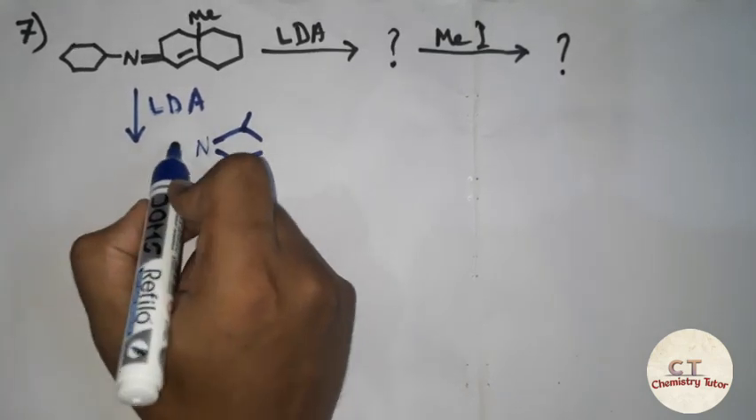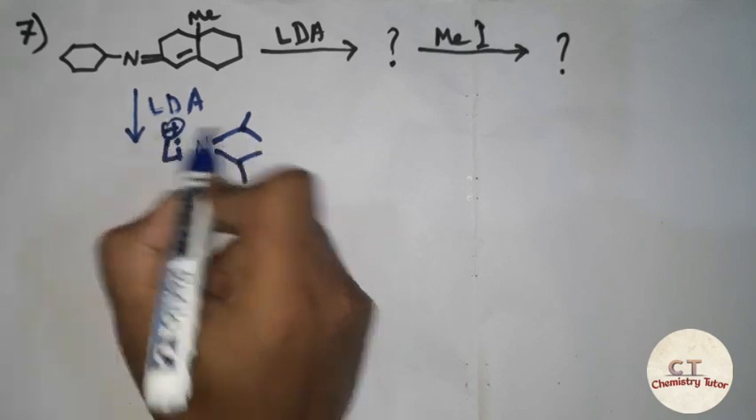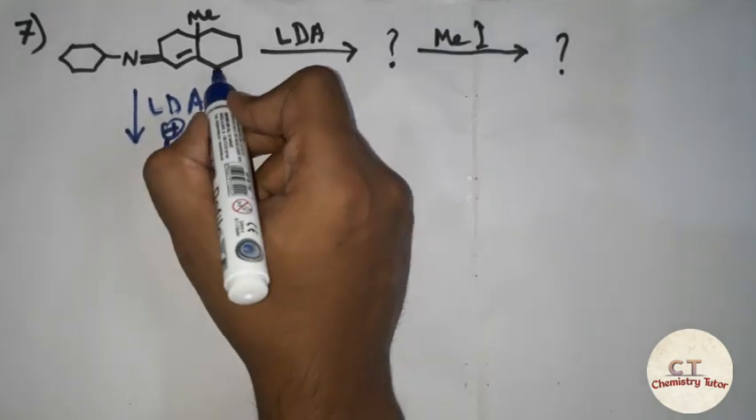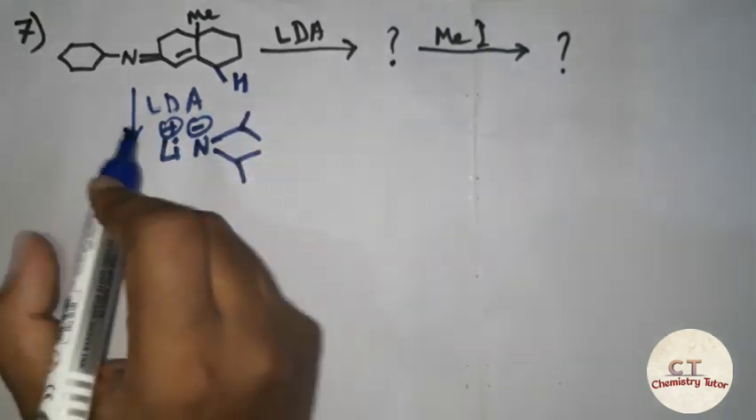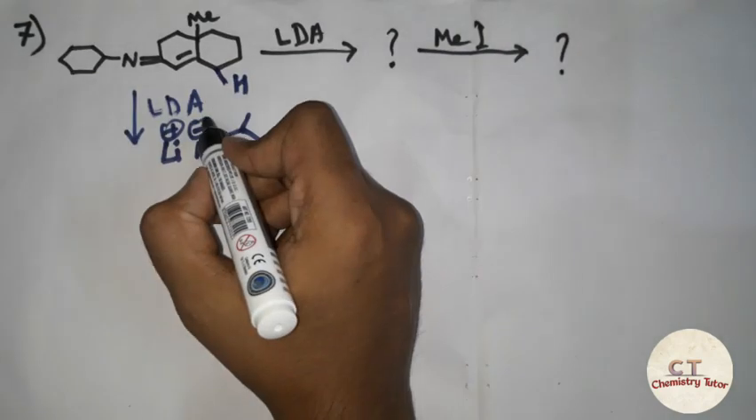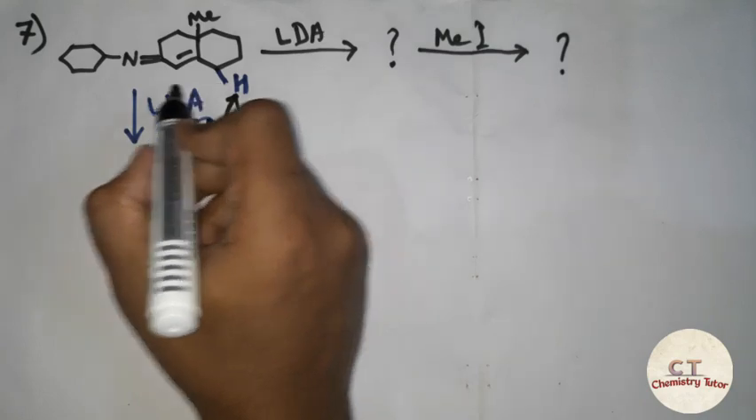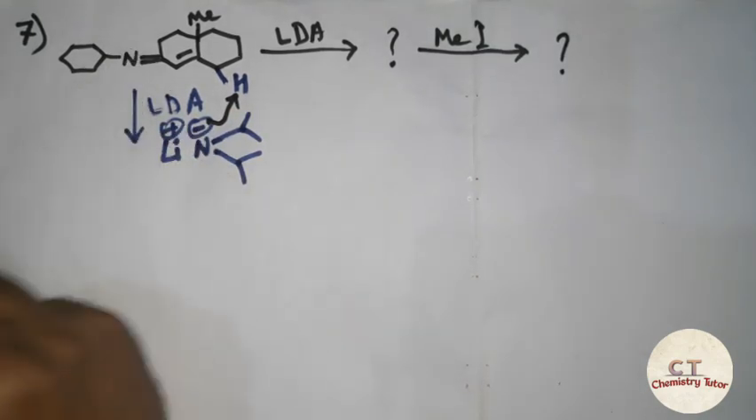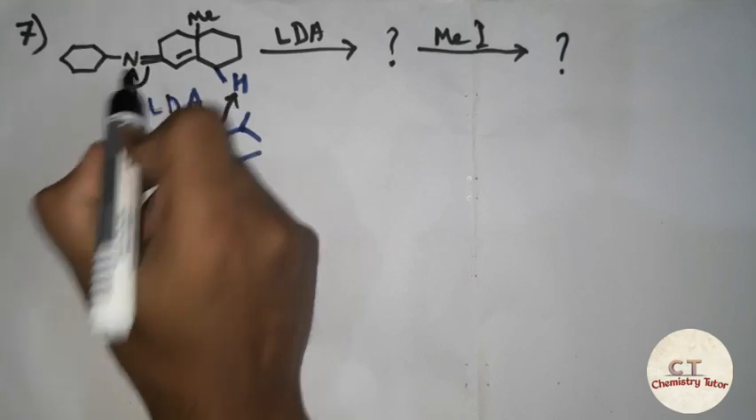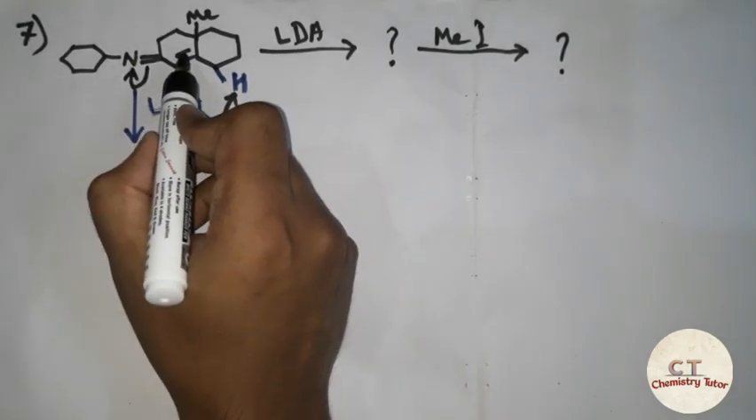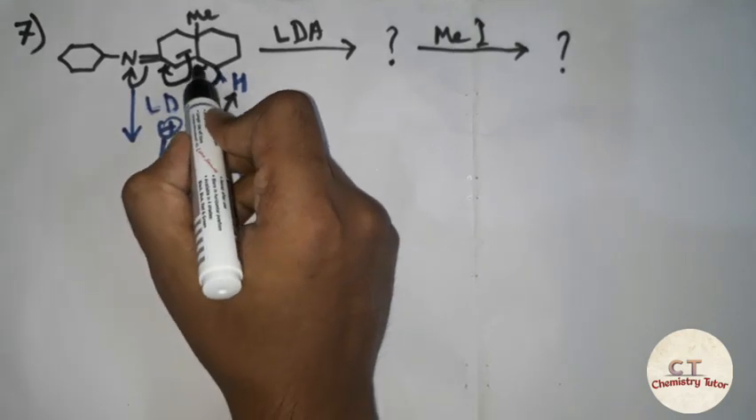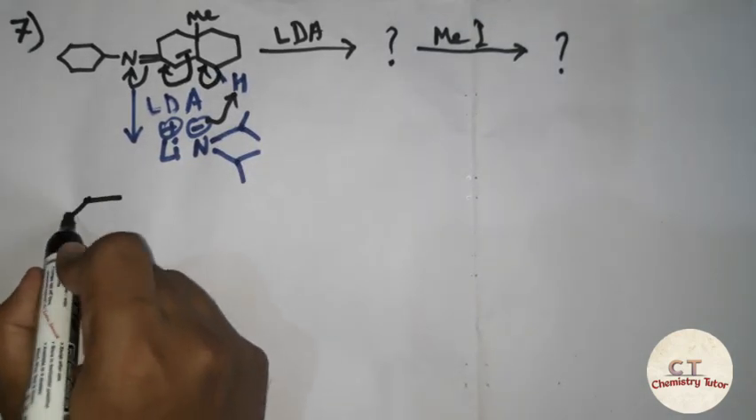Lithium diisopropyl amide. Okay, so here is a proton, right? And it is going to abstract this proton. Why? Because ultimately we want a negative charge on the electronegative atom. So how can we get this negative charge on the electronegative atom? By conjugation, right? So here conjugation will occur and the product will be